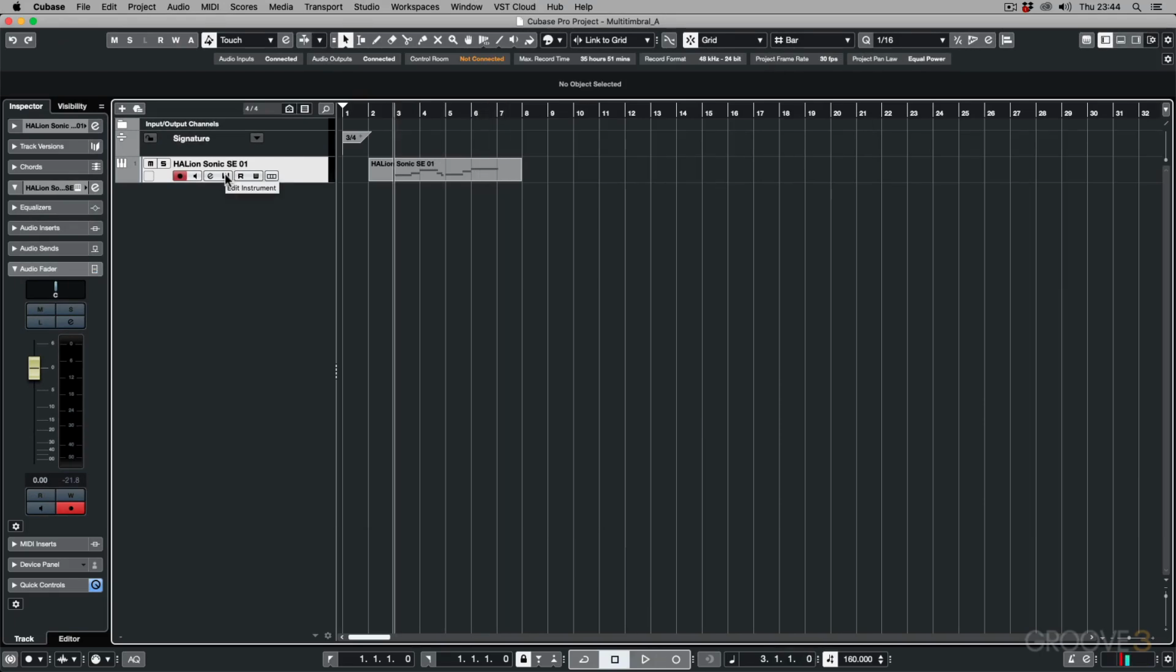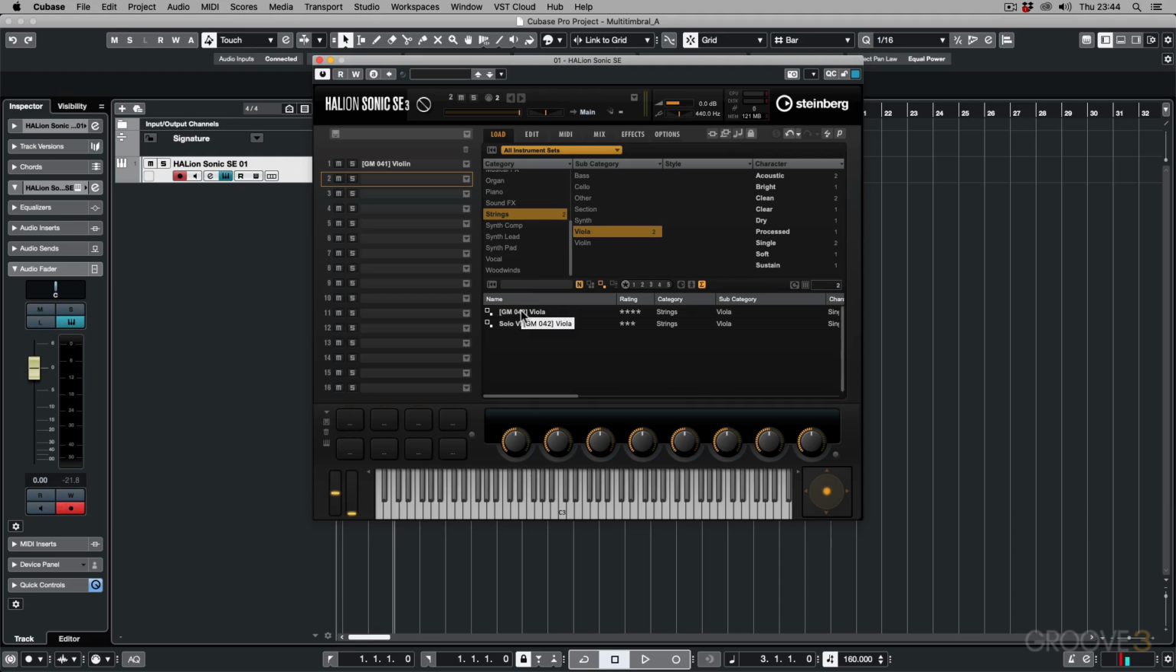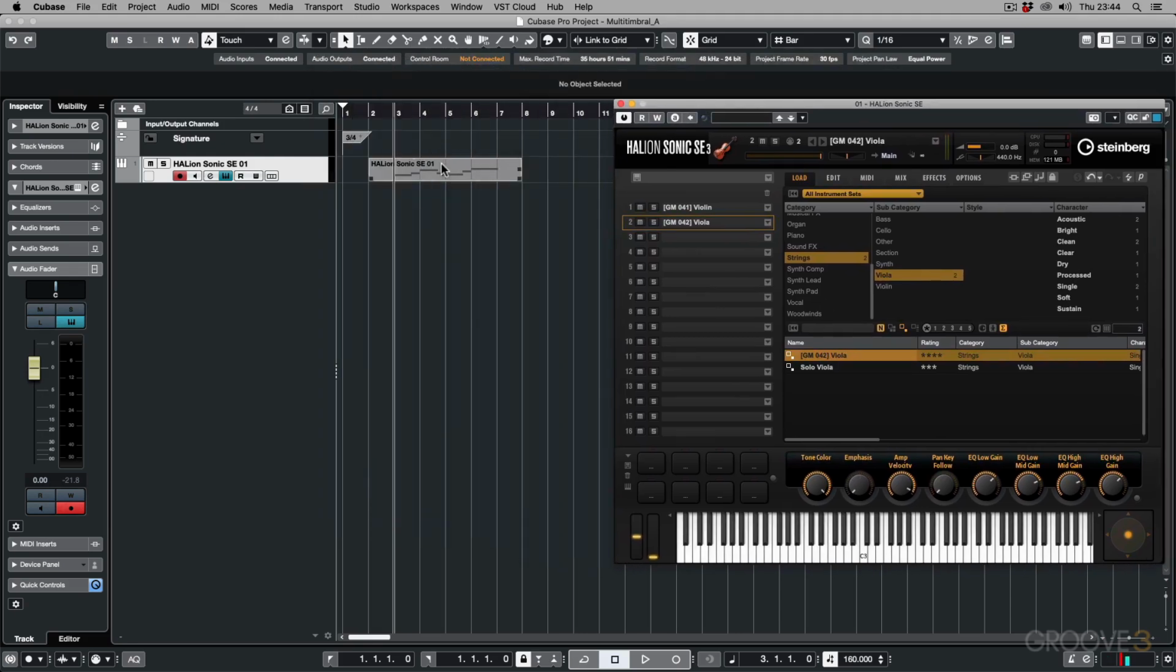Now let's say I want to load up another instrument. So over here in the second slot, I want to load up a strings patch. It's going to be a viola this time, and we're going to go for this viola patch over here. So watch now. I've got this instrument that's playing back,